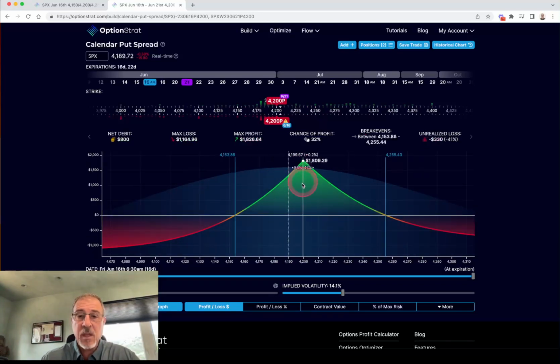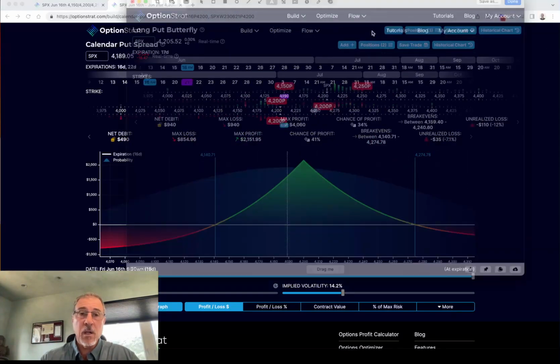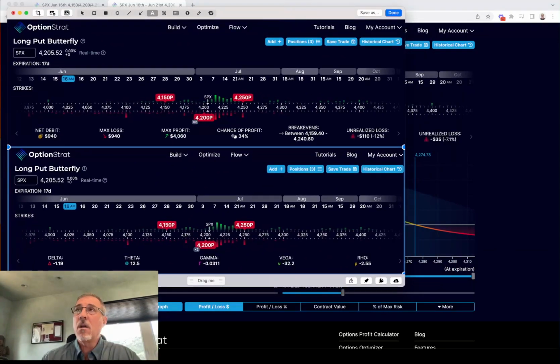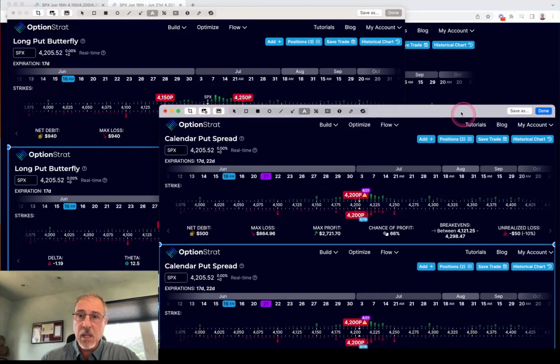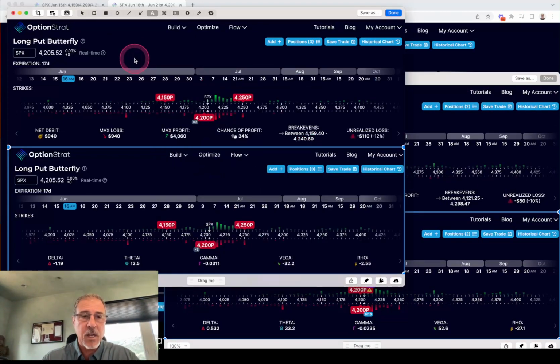The other key thing that you need to note, let me pull down the different stats on these. So this is our long put butterfly. And again, these were snapped a little bit ago, so the market's moved a little, but I snapped these both right about the same time. So the things that I want to point out here is the put butterfly, your $940 debit, $940 loss. You've got a potential max profit of 40.60 right in the center of that tent. But again, I am never shooting for that. 34% chance of profit. This will be a difference. Our break evens here,